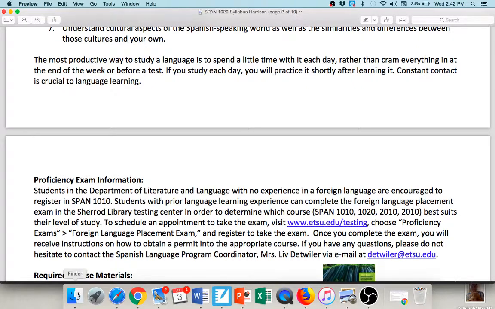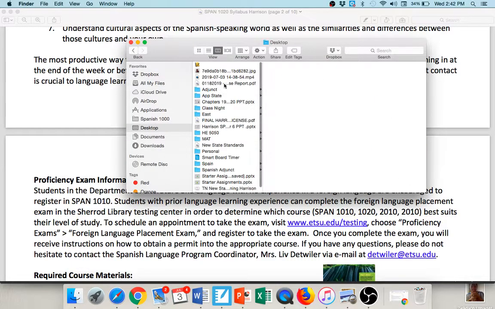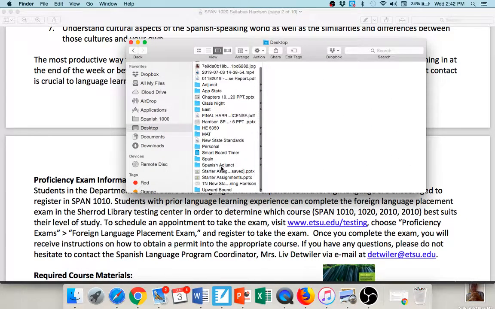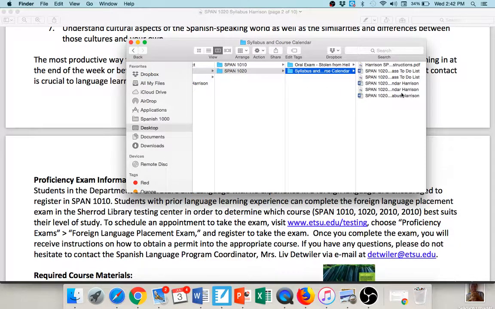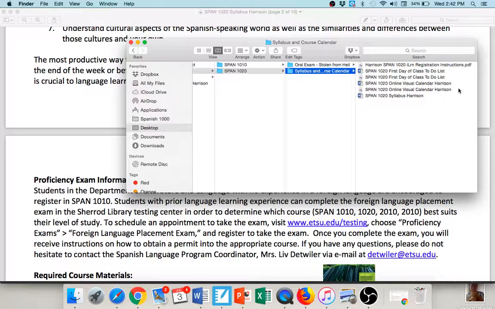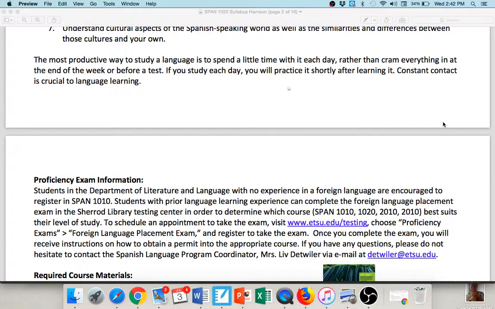So I'm going to take a moment here, and please ignore my screen here with 10,000 things on it. But I'm going to take a moment and show you the little calendar that I made for you to try to make this class a little bit more manageable. If you look here at the syllabus at the very, very bottom of the syllabus page, it has a list of assignments and what we do every week. Everything is due on Sunday night, generally speaking, other than a few of the compositions and the oral interview and final.